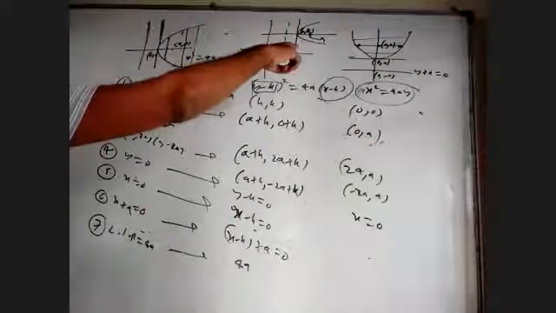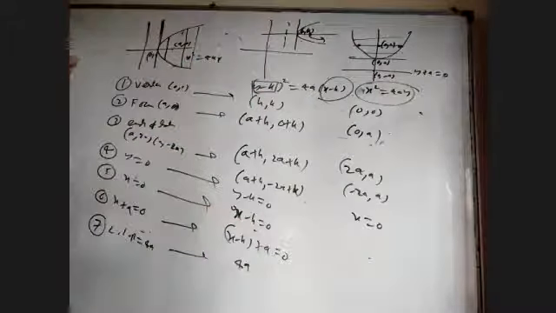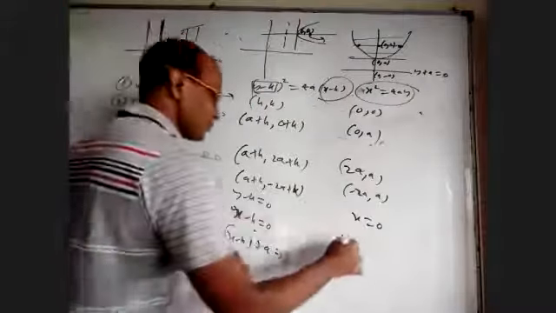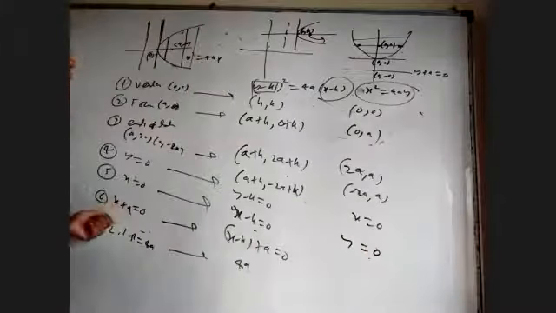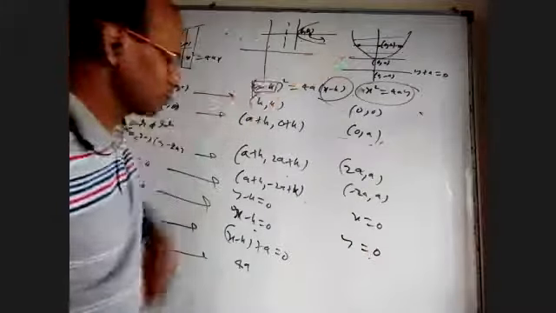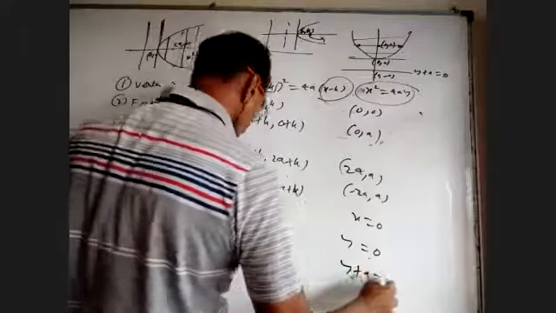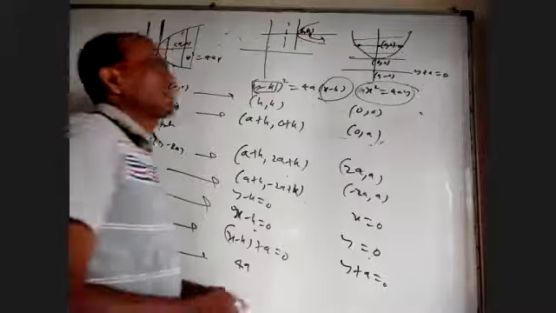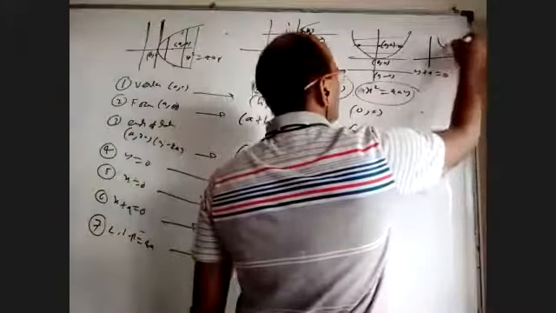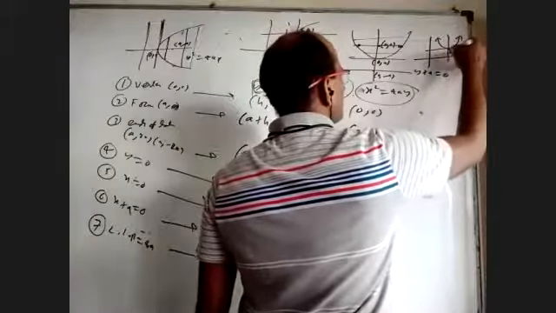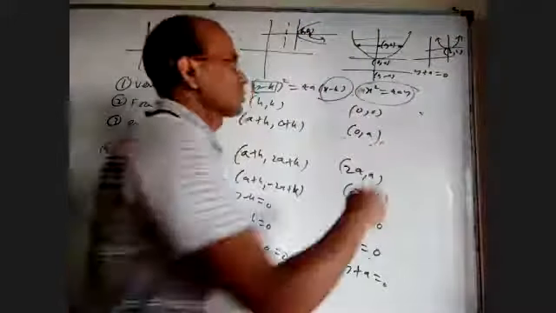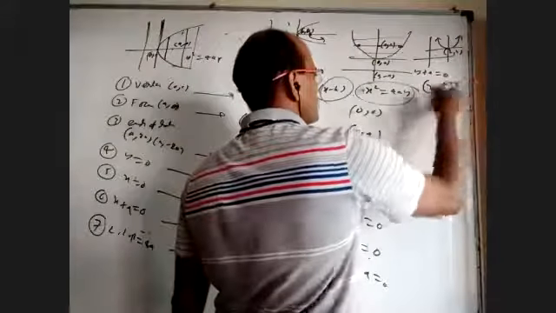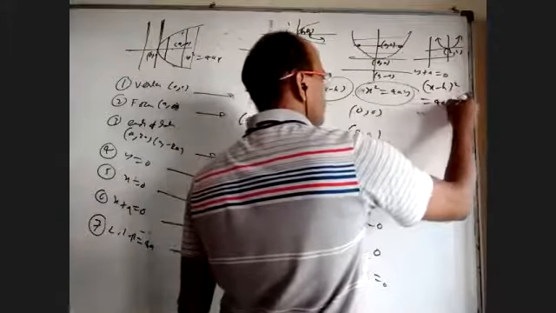So here the axis is the y-axis, whose equation is x equal to 0. Tangent at vertex is the x-axis, which is y equal to 0. And directrix is parallel to the x-axis, a units below, which is y plus a equal to 0. If it is points, we reversed it. If it is equations, wherever y is there, we wrote x, wherever x is there, we wrote y. Same thing, translation, and the parabola is somewhere here, where this is h comma k. Then the equation will be x minus h whole square equal to 4a into y minus k.